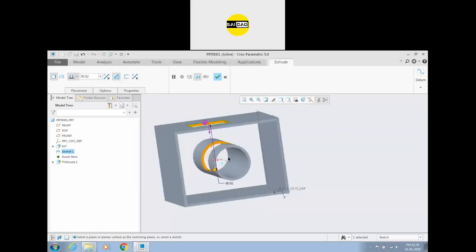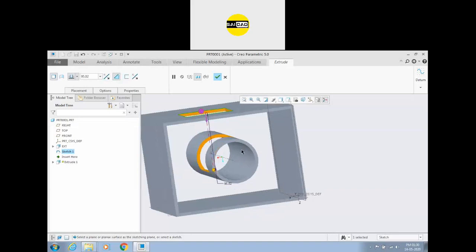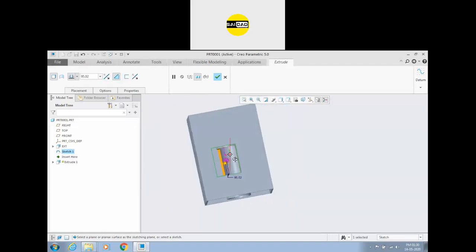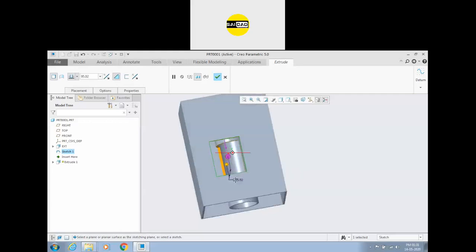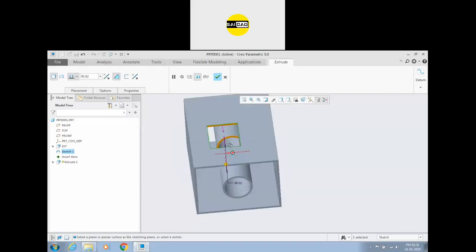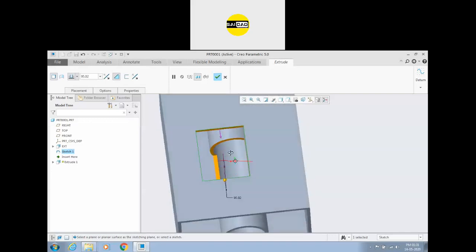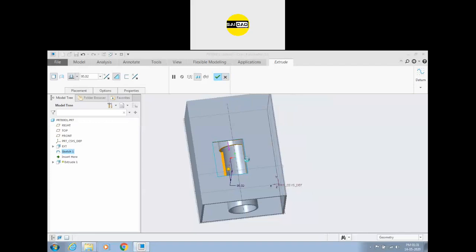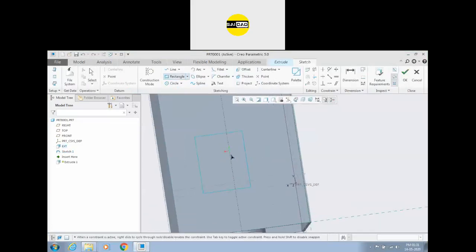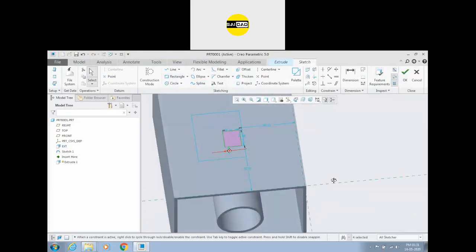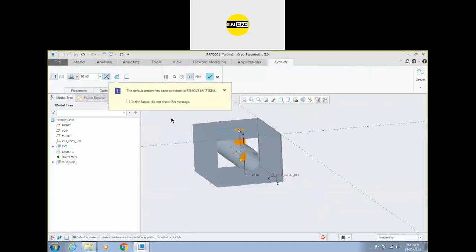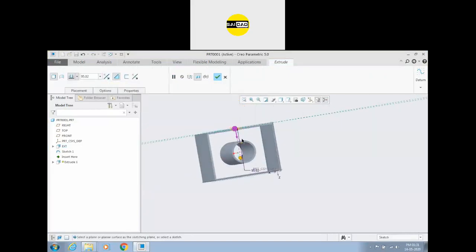Okay, you want to remove the material up to this. We cannot remove the material up to this pipe because the object is bigger than the pipe and it is intersecting outside of the pipe also. So if you want to just cut this pipe, you have to create an object smaller than that pipe. Okay, so I'm going to show you with a new sketch, that I will create a sketch that is smaller than the pipe. Okay, I am going to flip that direction. Now you can see you can cut the pipe also.